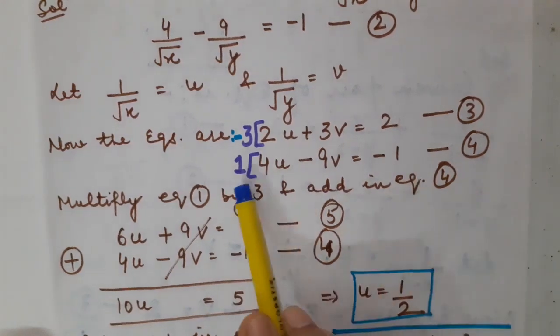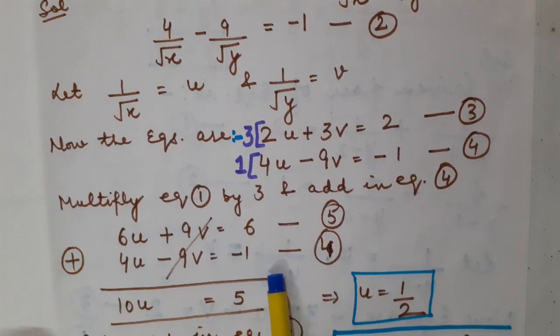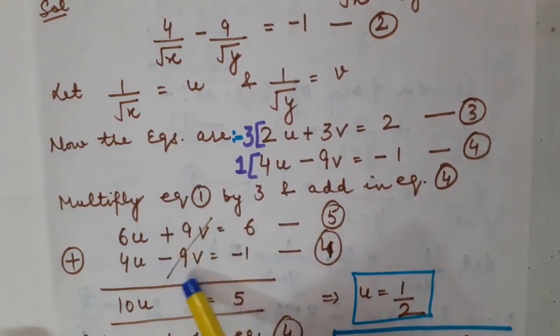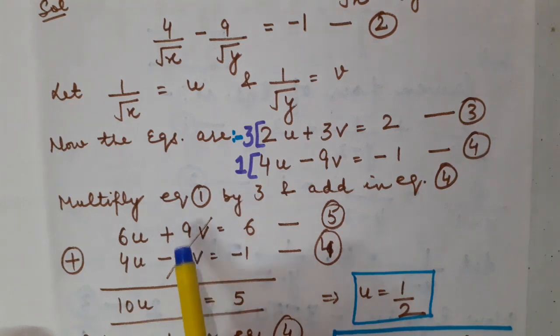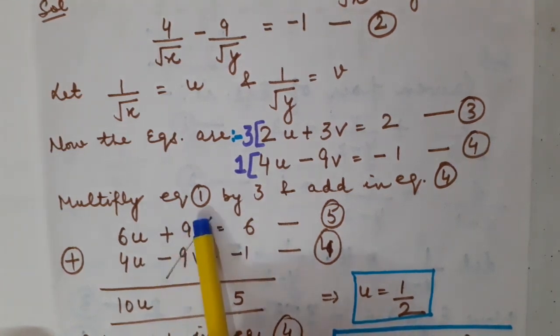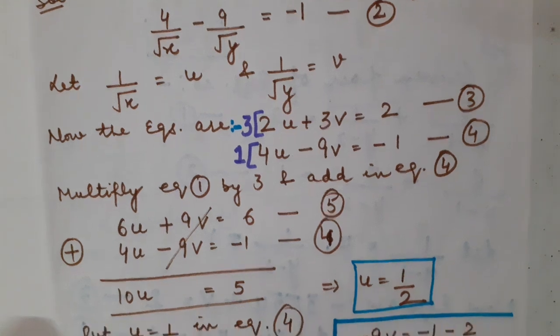And here definitely you are going to multiply this complete equation by 1. So the result would be the same complete equation, right? Children, here you can see that I am going to eliminate v while making the numerical coefficients the same. They both have different signs. So definitely I have to add both the equations. After adding, I have cancelled them. So children, what have I got?